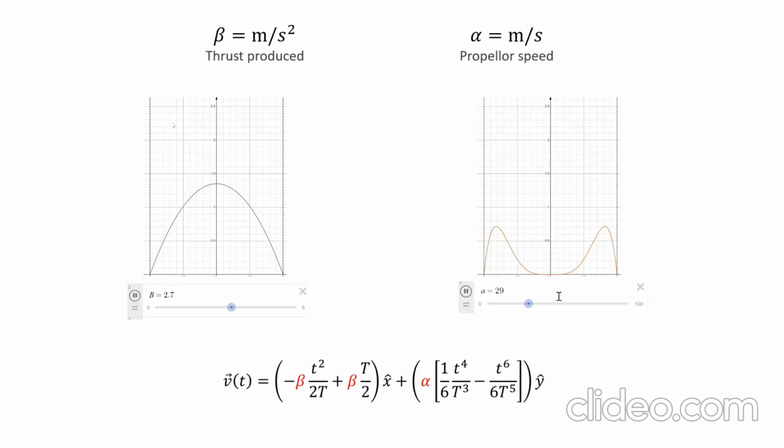Beta could be referring to how much thrust the propeller is producing, which is directly correlated with acceleration. By increasing beta, the slope becomes steeper, meaning the helicopter is changing its velocity more rapidly due to having more thrust. Alpha could be the velocity of the propeller, so if the propeller is spinning faster, the helicopter is able to